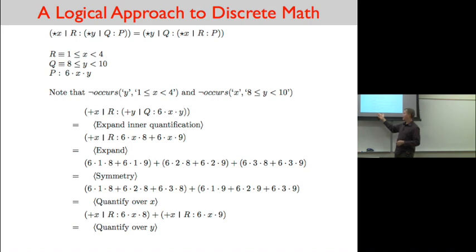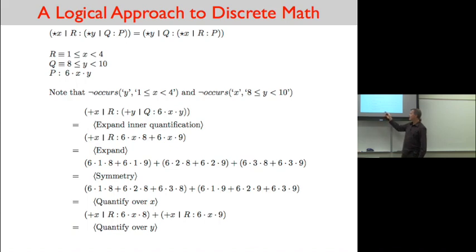Kyle, how do we take this and quantify over r? Here it's over y. So what are the possible values of y in Q? 8 and 9. So this is 8 and this is 9, are you with me? So this is what? Sum over y, range Q,